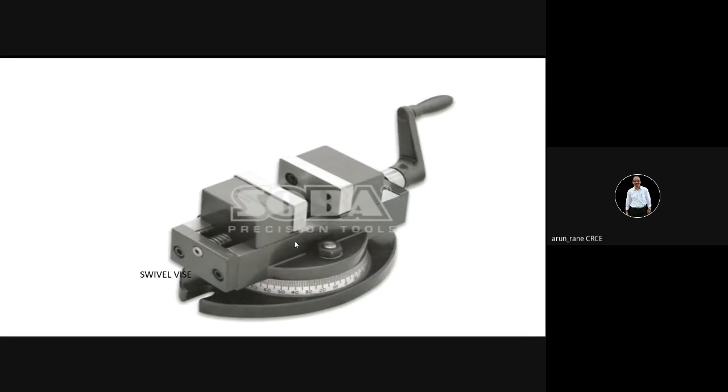This is called the swivel vise. Have a look at this swivel vise. Swivel means it can be rotated. So you can see this.